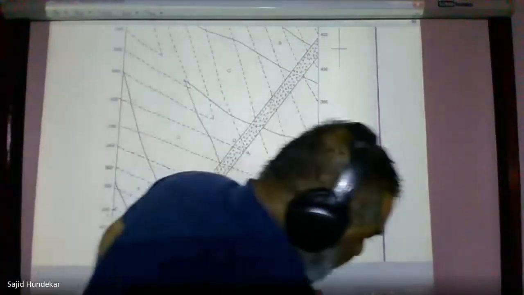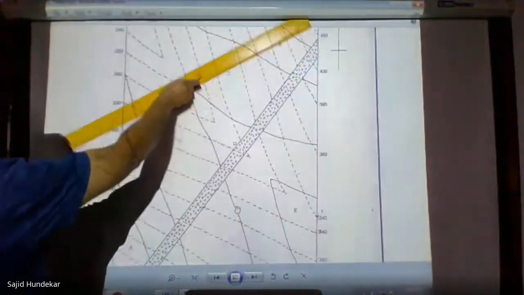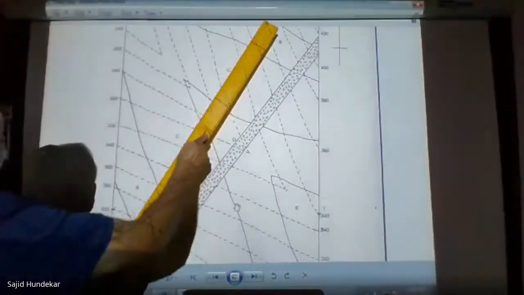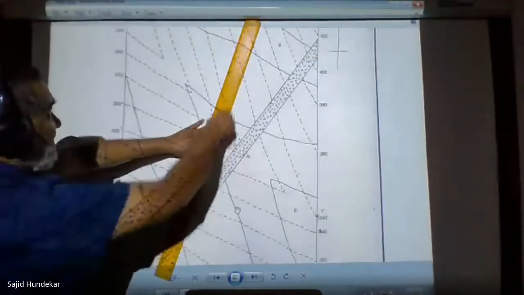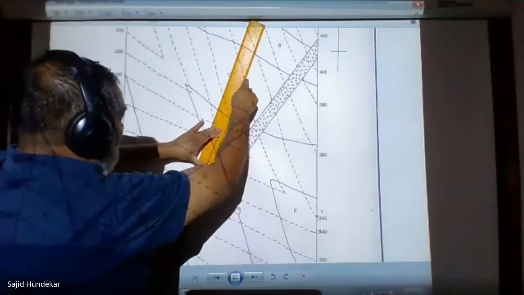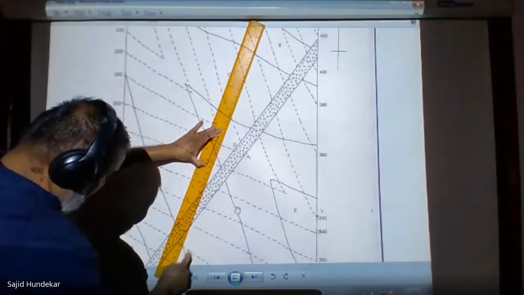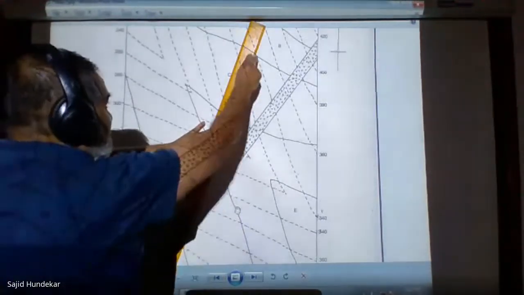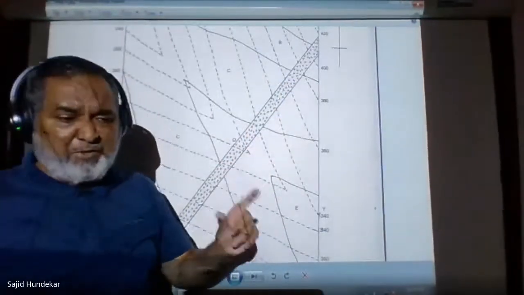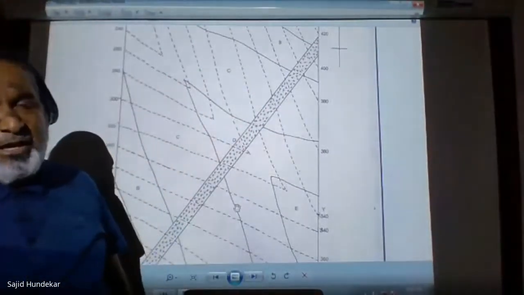Here what is happening? The strike lines will be in this direction. Yes, this is your strike line, from the first strike line to the last strike line. Now what I will do is measure between X and Y. I have joined this, and from this particular point, this is your strike line. So 1, 2, 3, 4, 5, 6, 7, 8, 9 are there. This distance you have to measure and divide by 9. So that will give you the average distance between the two strike lines along the XY line.